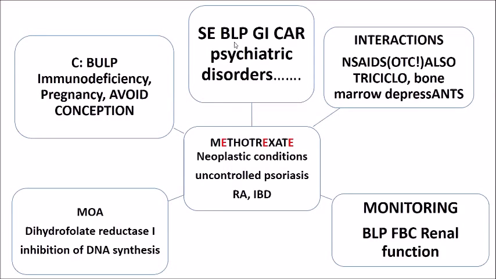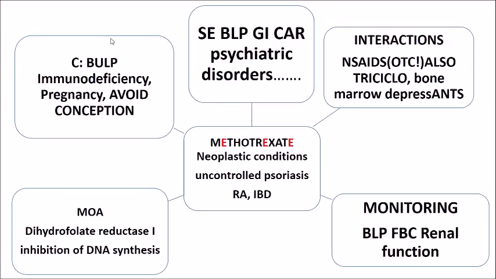Side effects include blood problems, for example, symptoms of agranulocytosis or leukopenia or anemia, liver toxicity, pulmonary toxicity, GI problems, ulceration, cardiac problems, psychiatric disorders. So there are more than 50 side effects for methotrexate. But if you remember the side effects of blood, liver, pulmonary, GI, cardiac, and psychiatric disorders, you'll go a long way. And contraindications for methotrexate include heart block,